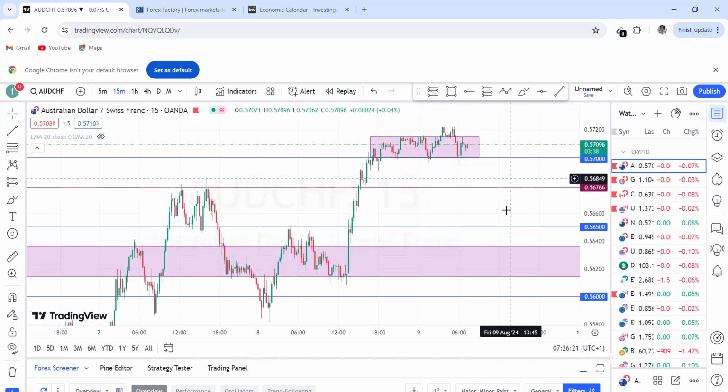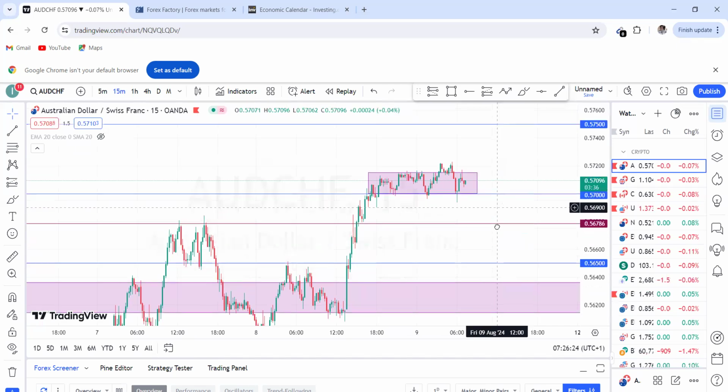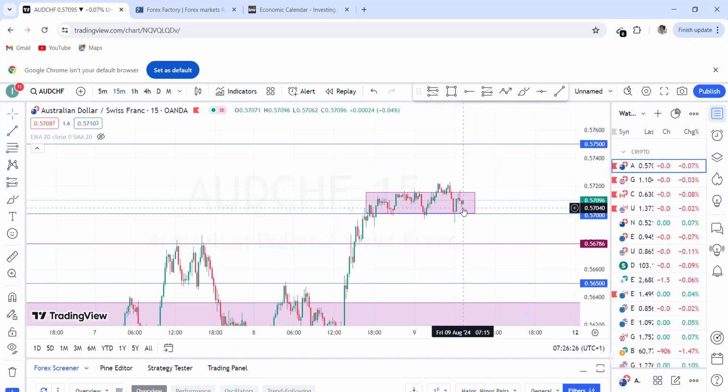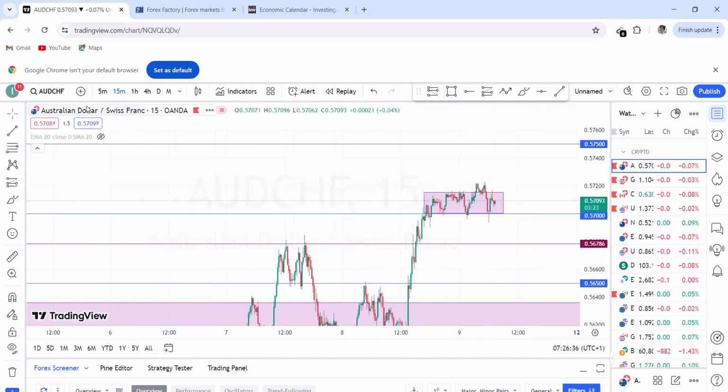I'm still just looking at what this box is going to give at the end of the day. A break of this box and a retest of it, or even just a break of it, might have me begin to either sell or buy this. But I'm looking at it. Let me show you this. If we put it on a 4 hour time frame, you can remember that